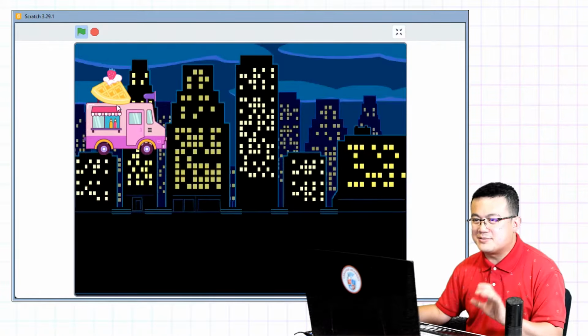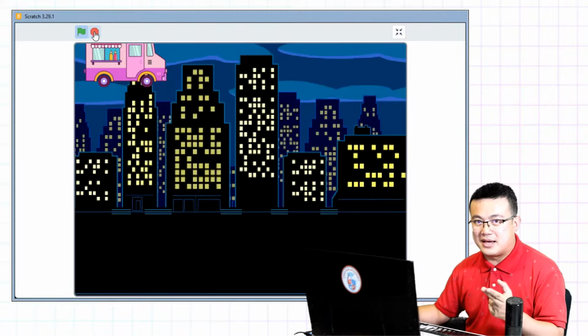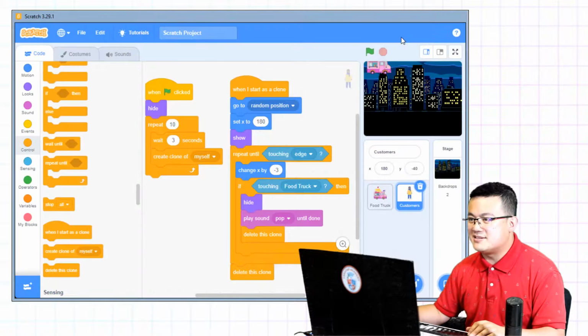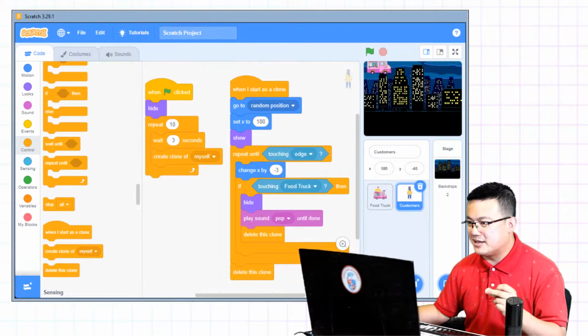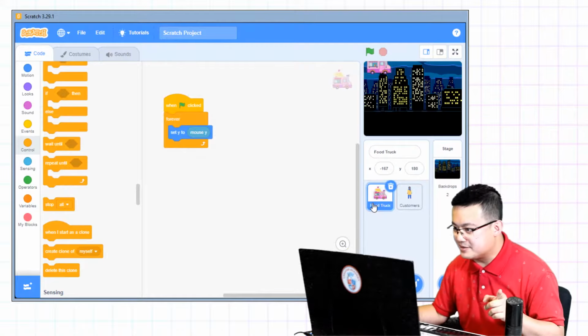What we're doing is we're creating a very basic game, but we're going to add some object-oriented programming principles to it because we need to be able to understand the responsibility of code. Okay, so now we've got a customer sprite, we have a food truck sprite,